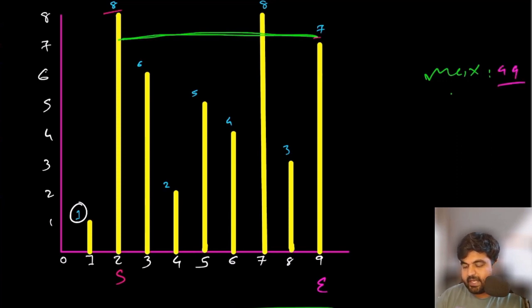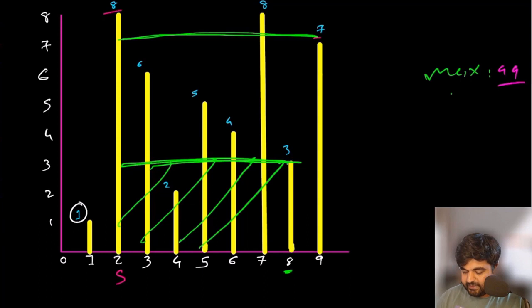So we would add 49 as the answer. Now again in this case, it makes more sense to move the ending pointer because the height of this one is greater. So now we would move, since we are moving it over here. Now again this value is decreased, and then we are going to consider another water between this portion, and that